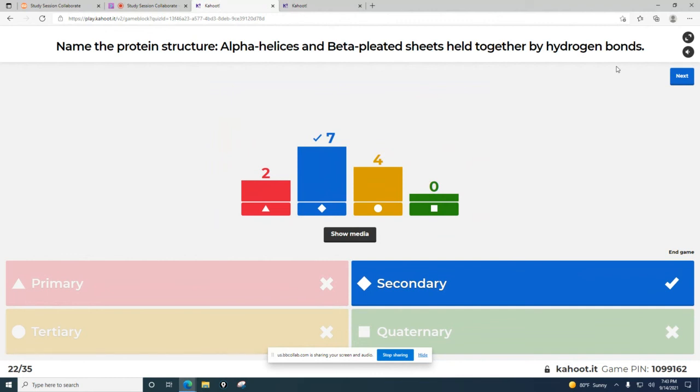So who can tell me why tertiary or quaternary aren't the right answers? What do we see with tertiary? 3D structures, very good, right? And what are those 3D structures typically held together by? Was it polypeptides, or was it? So, yeah, like a protein is a polypeptide. But like our three-dimensional structure is held together by some kind of interactions. Side chain, very good. And then quaternary, what's the difference between quaternary and tertiary?